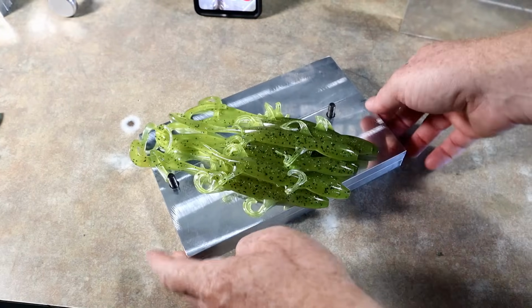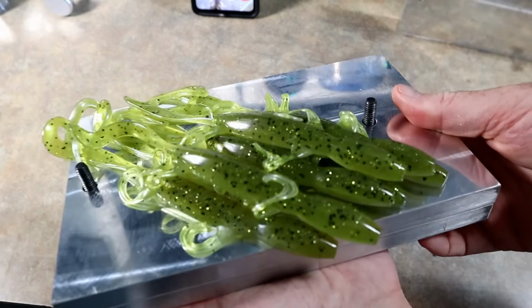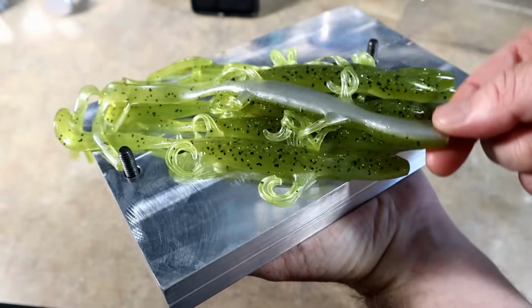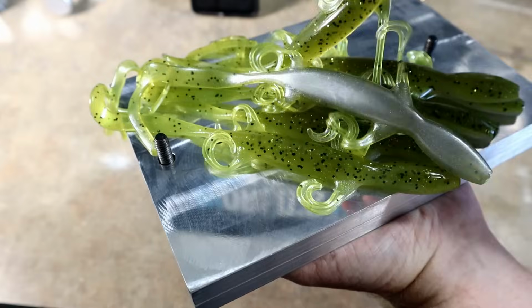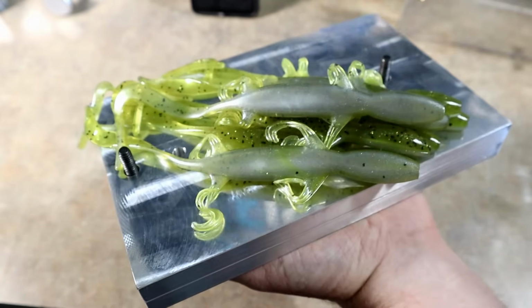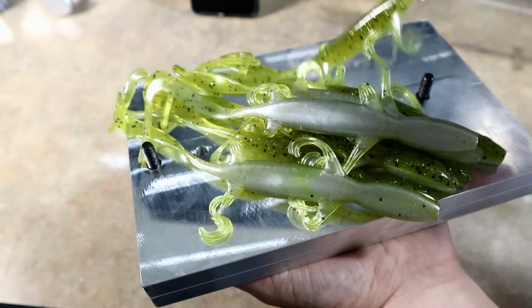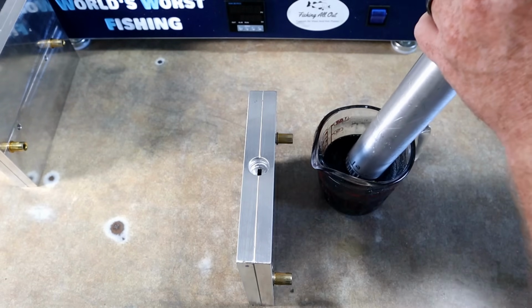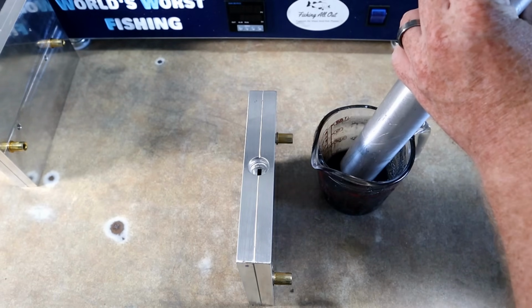Okay, we went ahead and ran another set. Yeah, there it is. The tree lizard. 8-inch Mojave tree lizard color. There it is. Alright, time for the tail mold, and we're just going to do a solid black tail